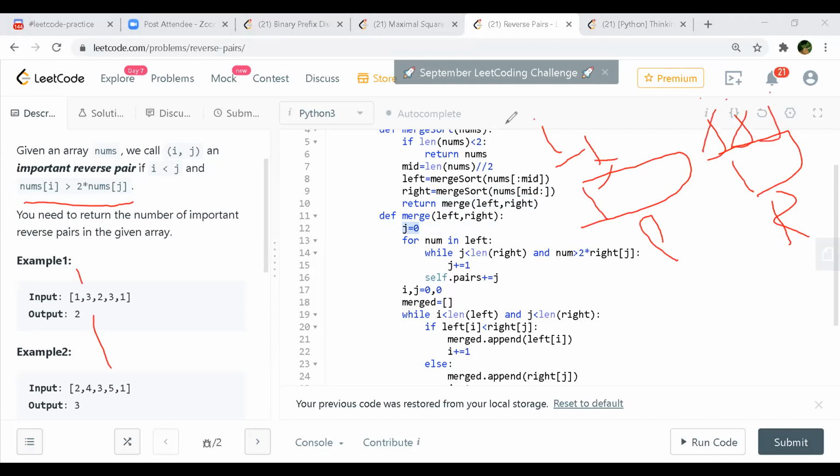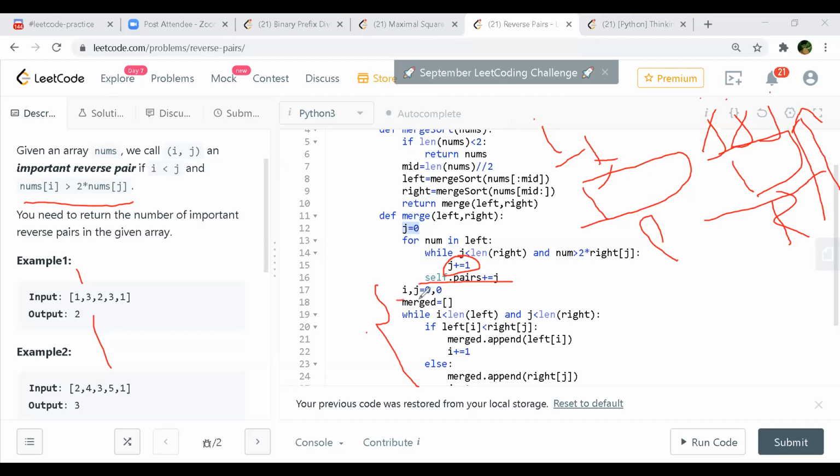Once we reach a point where it is not satisfying, we include these in the final answer, meaning these many candidates you have seen for your answer. So I keep increasing j, and once either the array length is over or we can't match further, we add the count, and after that I'm using a normal merge approach.